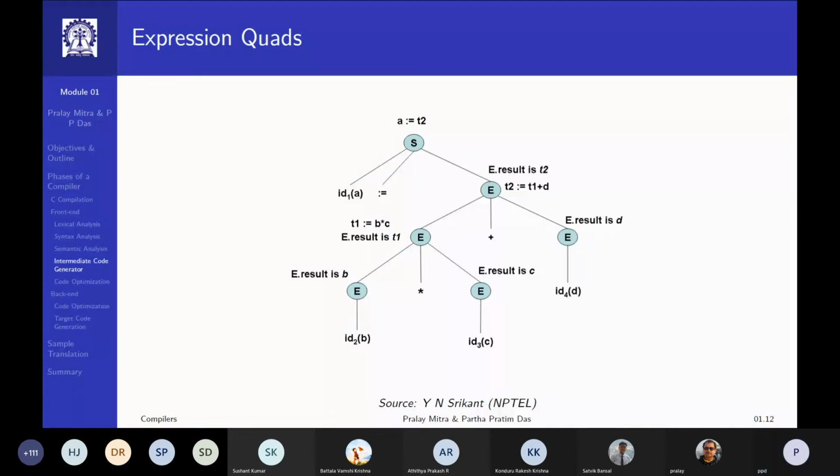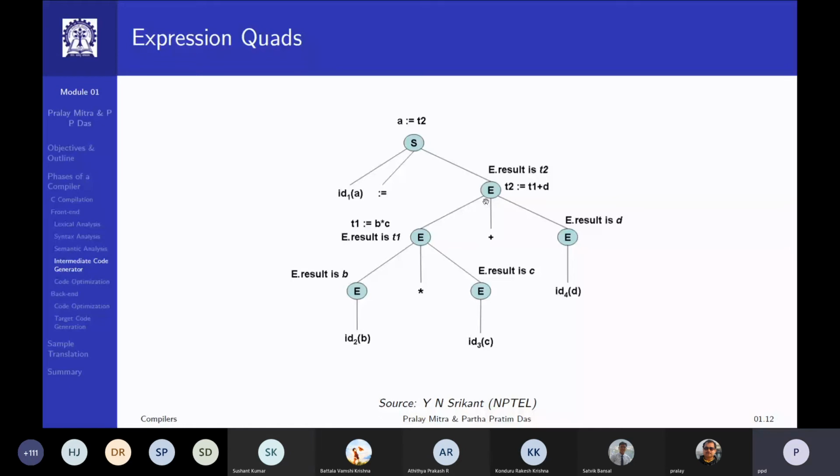So T2 is that temporary variable, the value of this addition expression. T2 is assigned T1 plus T. So the value of this multiplication and addition after that is T2.